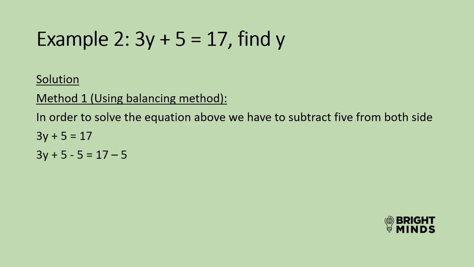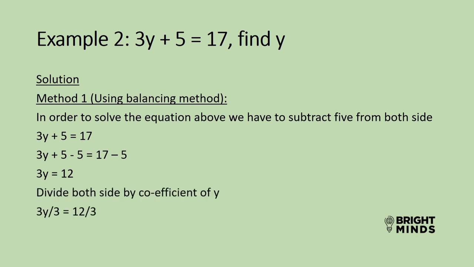So we subtract it from both sides. Now in doing so, we have 3y plus 5 minus 5 is equals to 17 minus 5. So we have 3y is equals to 12. Then divide both sides by the coefficient of y. We get 3y over 3. Then 12 over 3. We get y is equals to 4. Now the